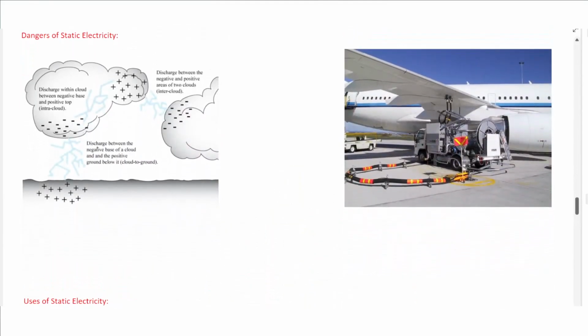Now, as for the dangers of static electricity, if you have too much charge on an object and you bring another neutral object near it, there will be a spark. This spark can cause a large current to flow. For example, in the case of clouds, when wind rubs against the clouds, they get charged by friction. Then they release the charge either between each cloud or from the cloud to the ground. This current is very high and can actually cause a lot of damage due to the high temperature of the current. Or the spark you experience when you touch the handle of a car,